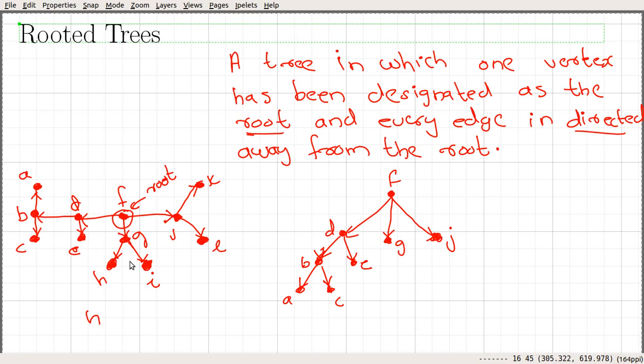What about G? It has two, H and I. Okay, so H is somewhere here, I is somewhere here, and these edges are directed in this way, and J has these two adjacent vertices. Okay, so J, K and L, and the direction is something like this. Okay, so this is a rooted tree, and here what we did is we took this tree and made that tree a rooted one by fixing this vertex F as the root. Okay, so this is a rooted tree,